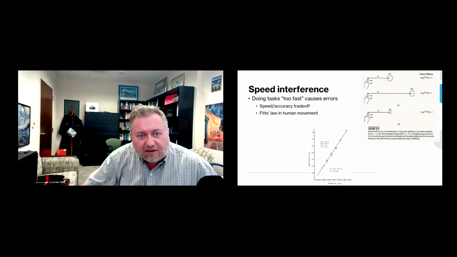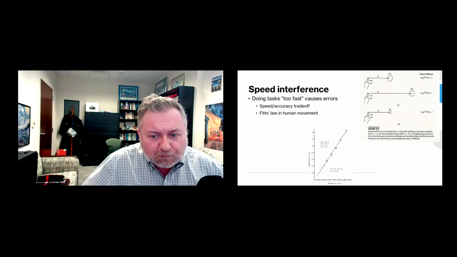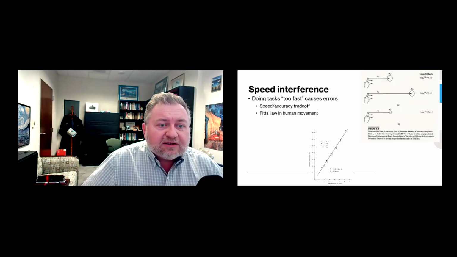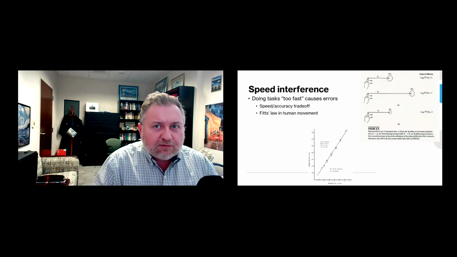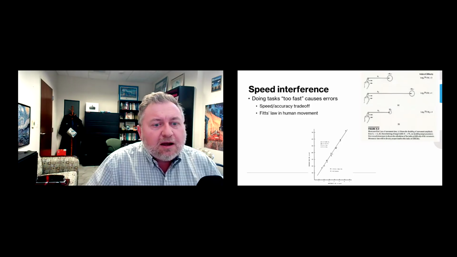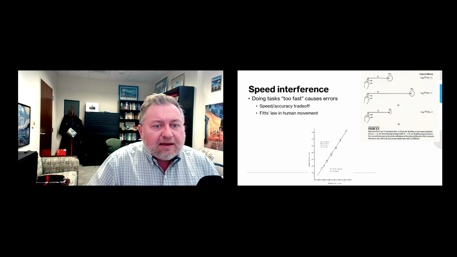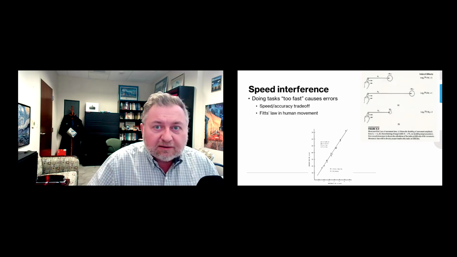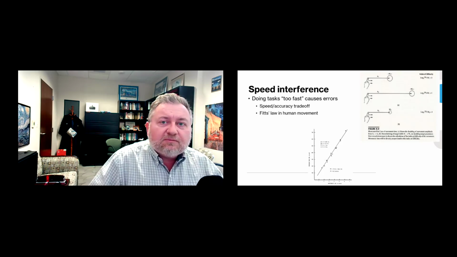What do we got next here is another way to think about how performance is impacted by task demand. In this case, speed. This is a little relevant, perhaps, to that stop go task, right? Because in this case, what's happening is when you're performing a task too quickly, you don't have enough time to process all of the information that you need.